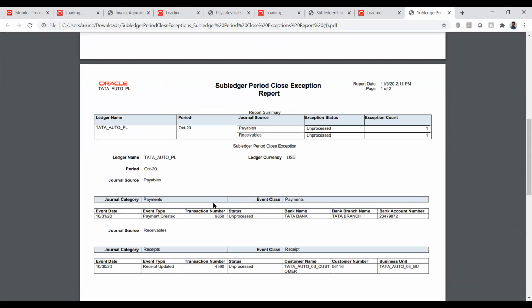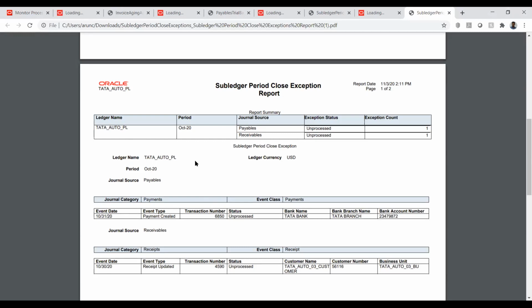So that's all about this particular report, and this will be run before we close the period. So how this will process is like, we will have the period closed at end of the day. So let's say today is 30th of the month. Today night, what we will do is that we will run this exception report for all the offices. So we will run for business unit auto, and we will run for steel, and we will run for consultancy, for all the offices.